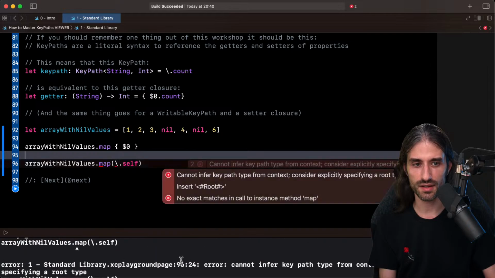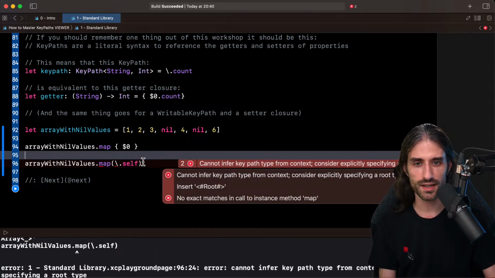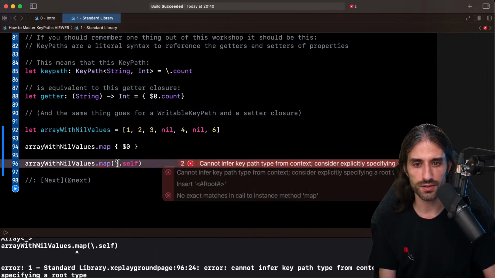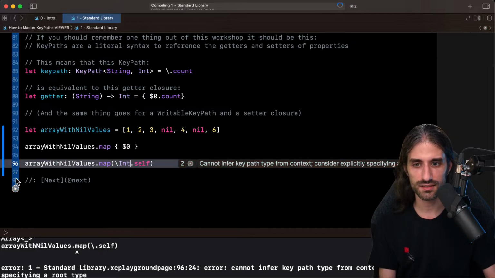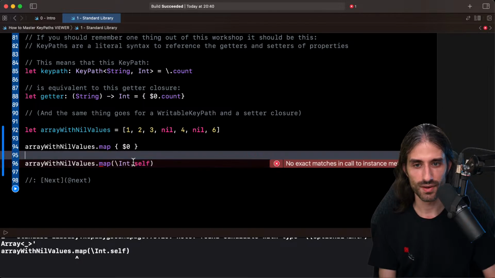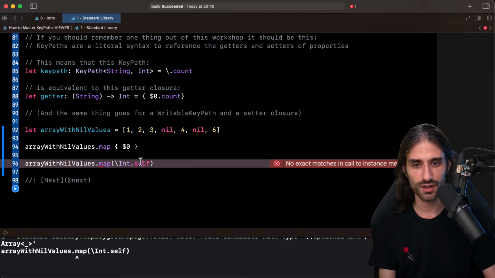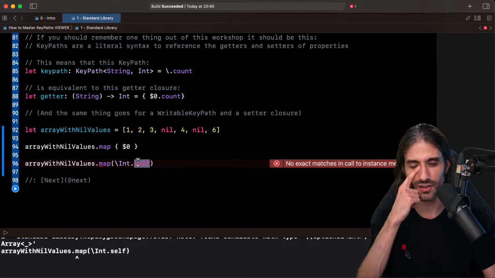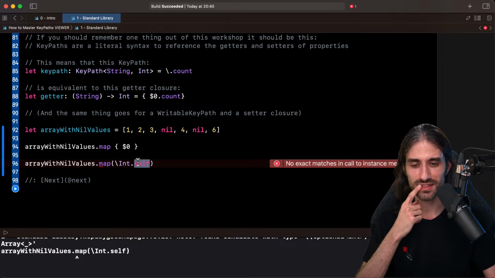I see there is an error. Okay. Cannot infer. Okay. If I say Int, I would have expected that one to work. To be honest, that's interesting.